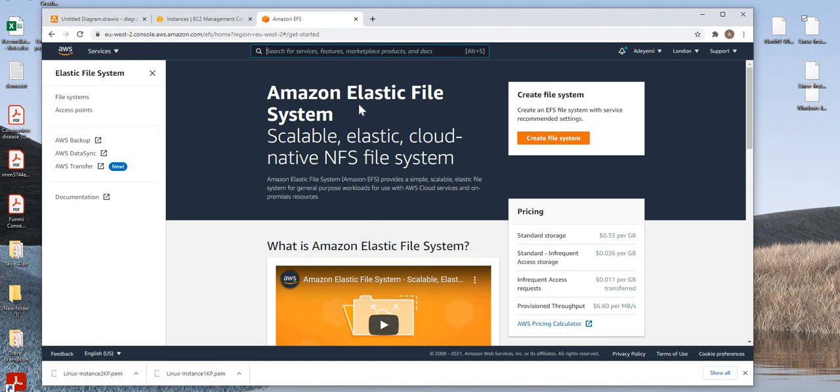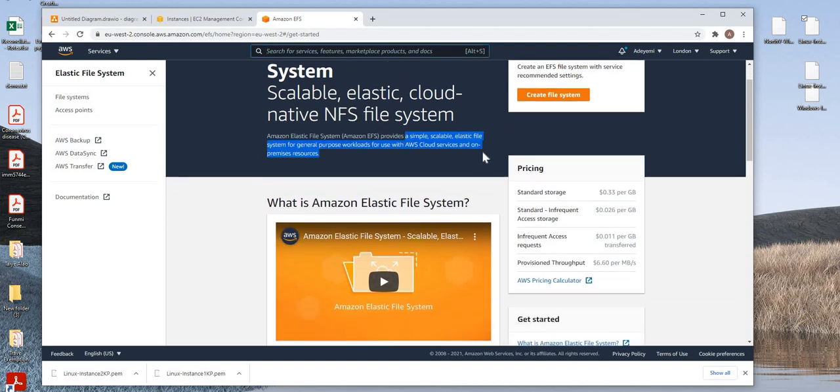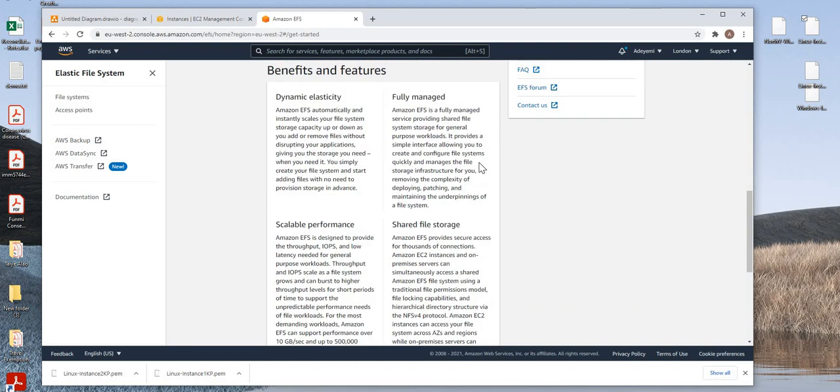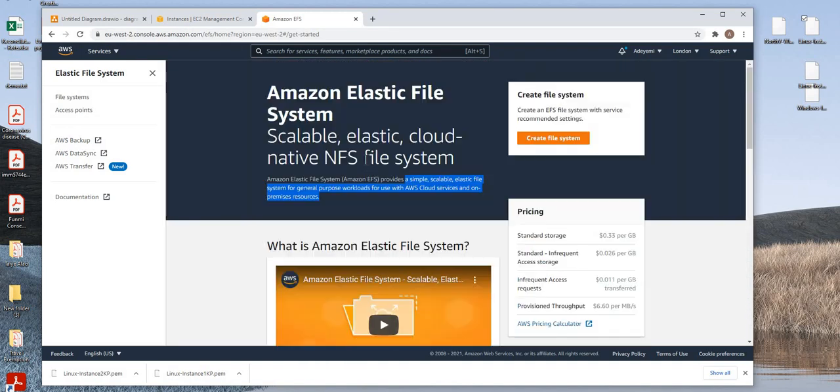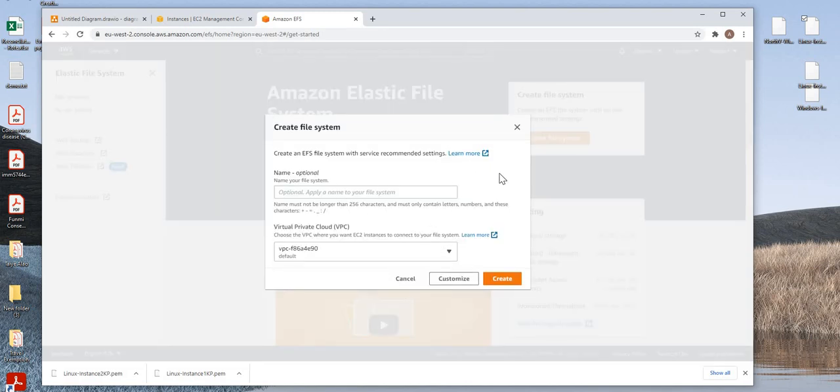This is Amazon Elastic File System. Like we said, it provides a simple, scalable, elastic file system for general purpose workloads for use with AWS cloud services and on-premises resources. So there is more information around there that we can reference as we move forward. But a very good quick start. So we click on create file system, and